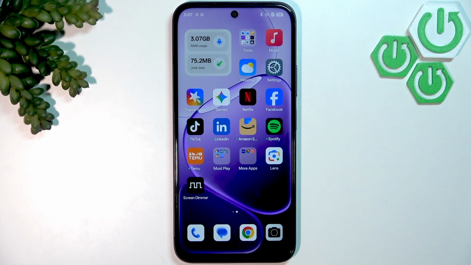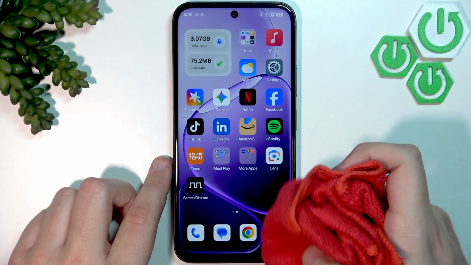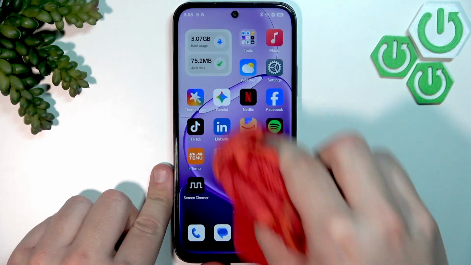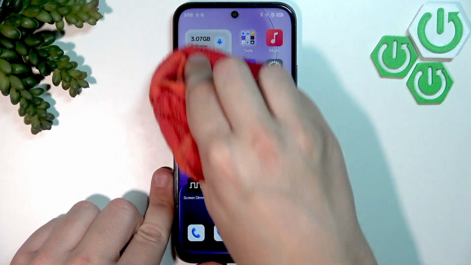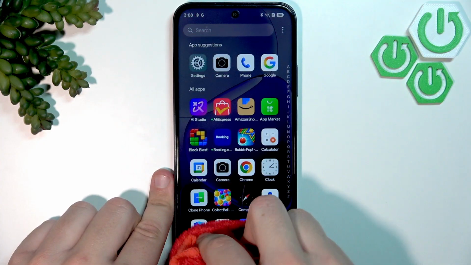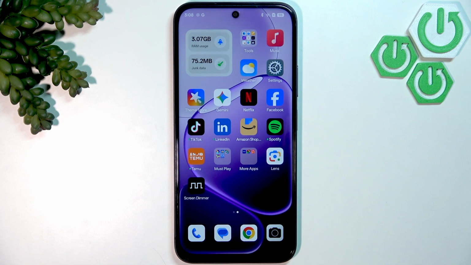Now, what we want to do next is clean our screen to remove any debris or moisture. This is very important so we can get rid of any debris, moisture, and of course, fingerprints. Now, we're going to give it a few swipes. Make sure to swipe your screen until it's perfectly clean. For a lot of people, 3 or 4 swipes is enough, but for me, I like my phone very